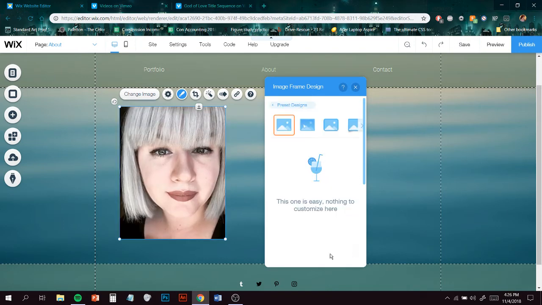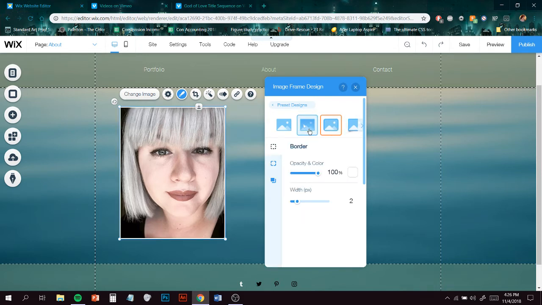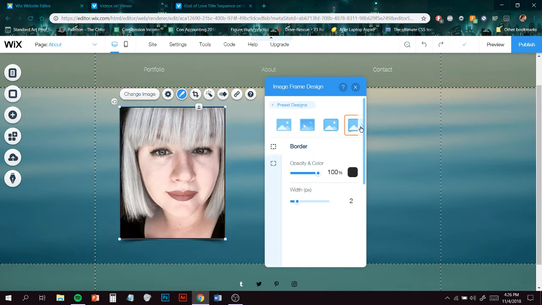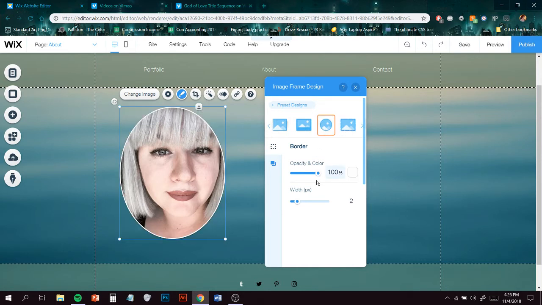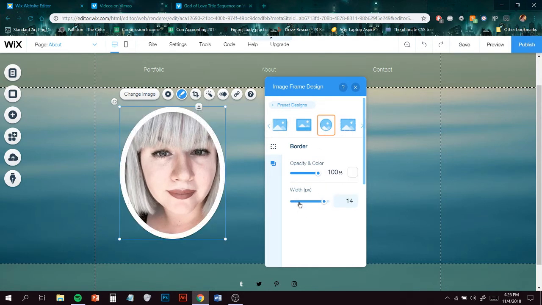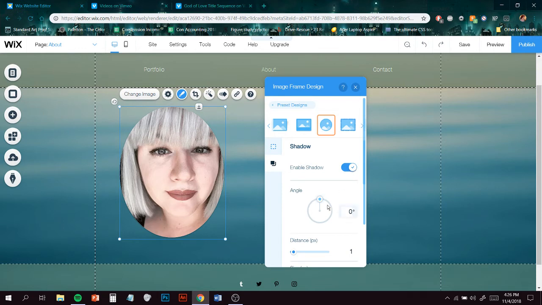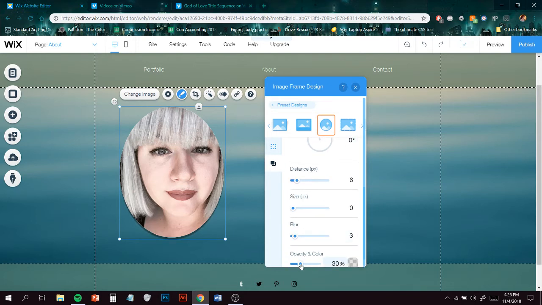No frame. You can also go to customize design, and you can choose different things here. So I'm choosing borders here. So these are all the options it gave us before. I'm changing the width of the border. If I don't want any border visible, I'll just come to 0. I can enable a shadow, or like a drop shadow. I can change the distance, the angle, the opacity, the blur, the size,